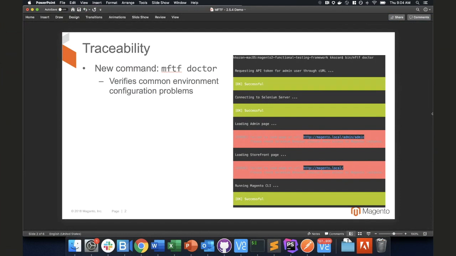After that is actually checking connectivity between Selenium and the Magento instance itself, which is an additional link. This one's fairly important. As you can see in my environment here, it's kind of hard to read due to the color contrast, but it says failed to load page. Please check Selenium browser session has access to Magento instance. This can happen if you have the Docker Selenium container, where you need to make special forwarding or port mapping in the hosts file of the container right here, which I'm running. I purposely broke it so that you can see that it actually shows there's a problem connecting between Selenium and the Magento instance. Same thing for the storefront,